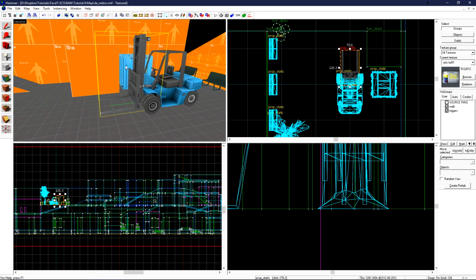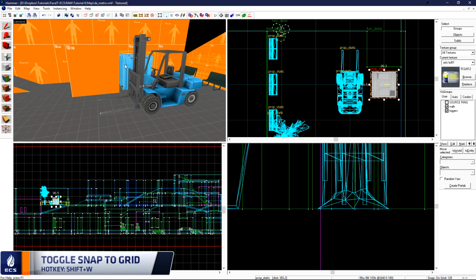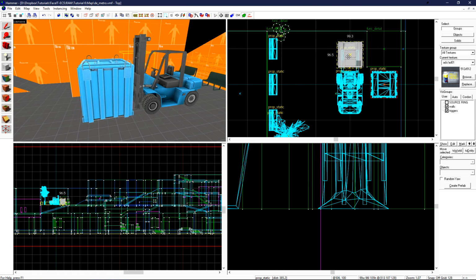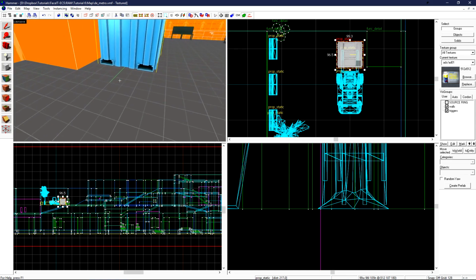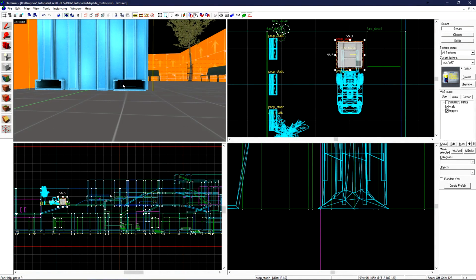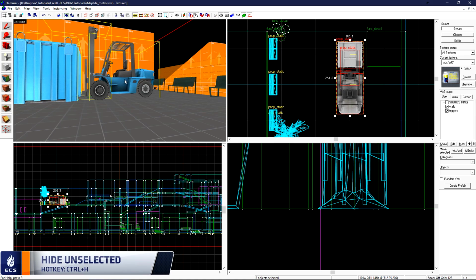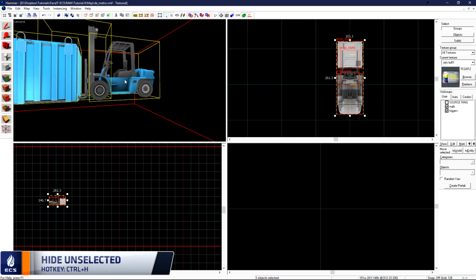Let's position this so the forklift is carrying this crate. If we turn Snap to Grid off, we'll be able to more finely and precisely move these props around. It's okay to turn Snap to Grid off when you're working with props. If we look at the bottom of this prop, there's these little tracks for where the forklift arms will go in. If we select the crate and the two forklift models, we can press Ctrl H to hide everything but